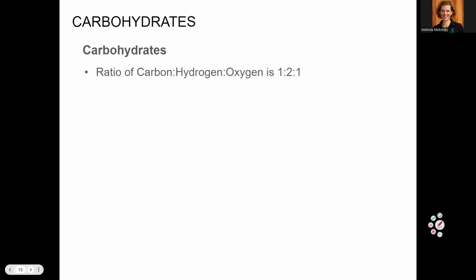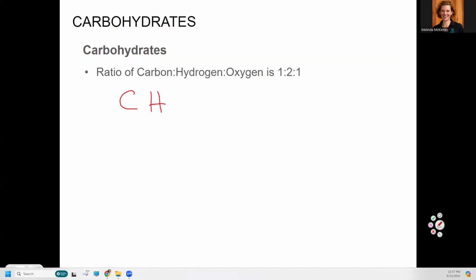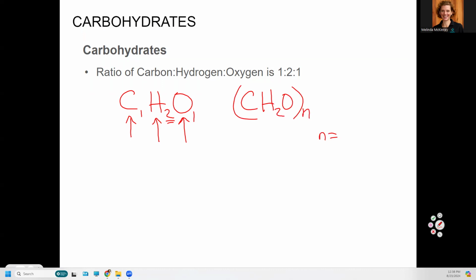So the ratio of carbon to hydrogen to oxygen is: we've got one carbon, two hydrogens, which is represented with this 2, and one oxygen. Again, if you don't see the subscript, we assume that's 1. So you can represent this as CH2O. You take that subunit and repeat it n times. So say n equals 3, then you would have